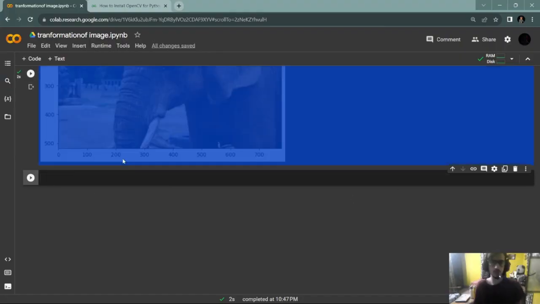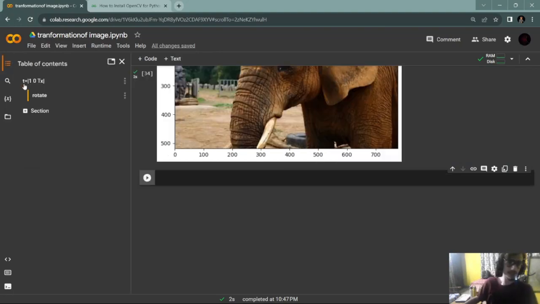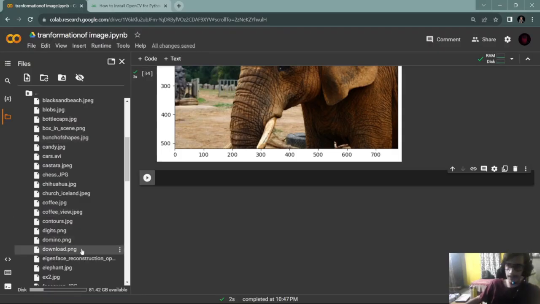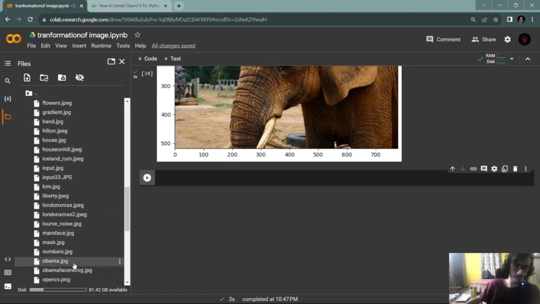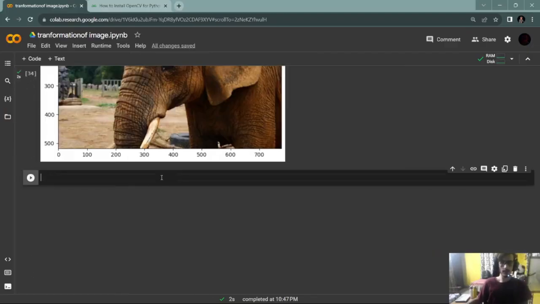What is our first step? We will take a new image. Oxford Library, perfect. We'll take this. So image equals cv2.imread, and